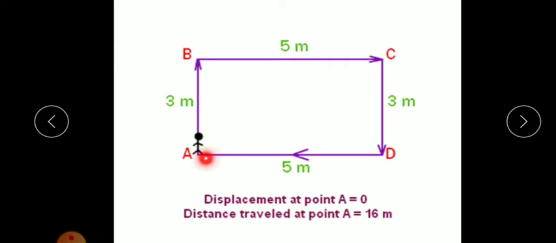And what about displacement? So we know that displacement is a straight line distance from initial position to the final position. See here, initial position and final position are same. So the difference between initial position and final position gives 0, is it? So what is displacement here? 0. So the displacement of this child is 0 because the child comes back to his original position. That means there is no change in position. That is why this displacement is 0.